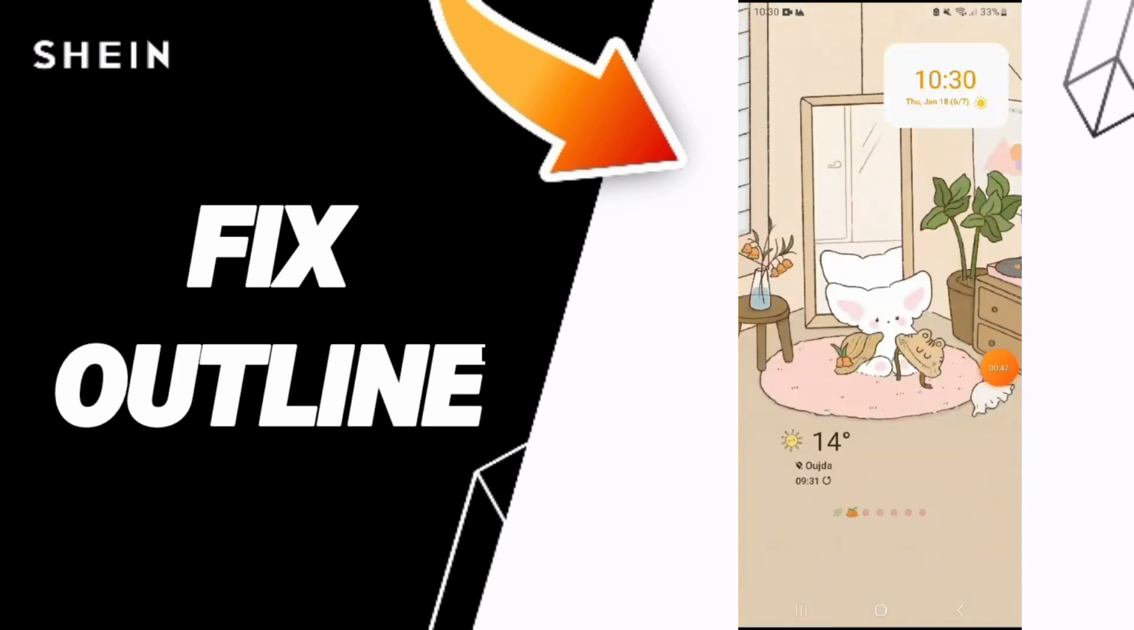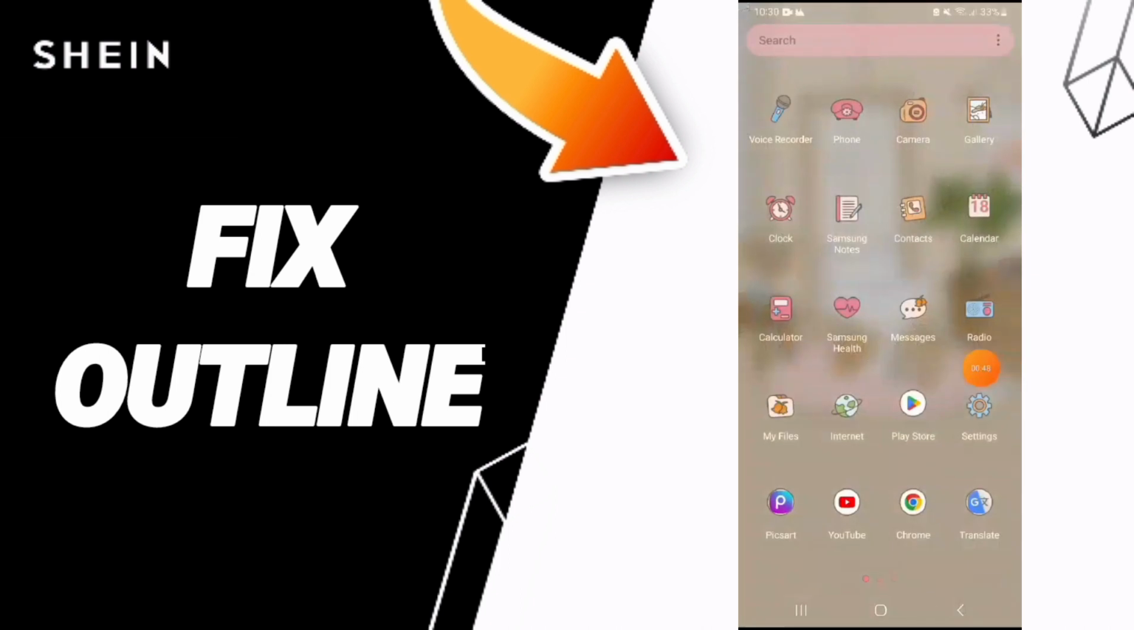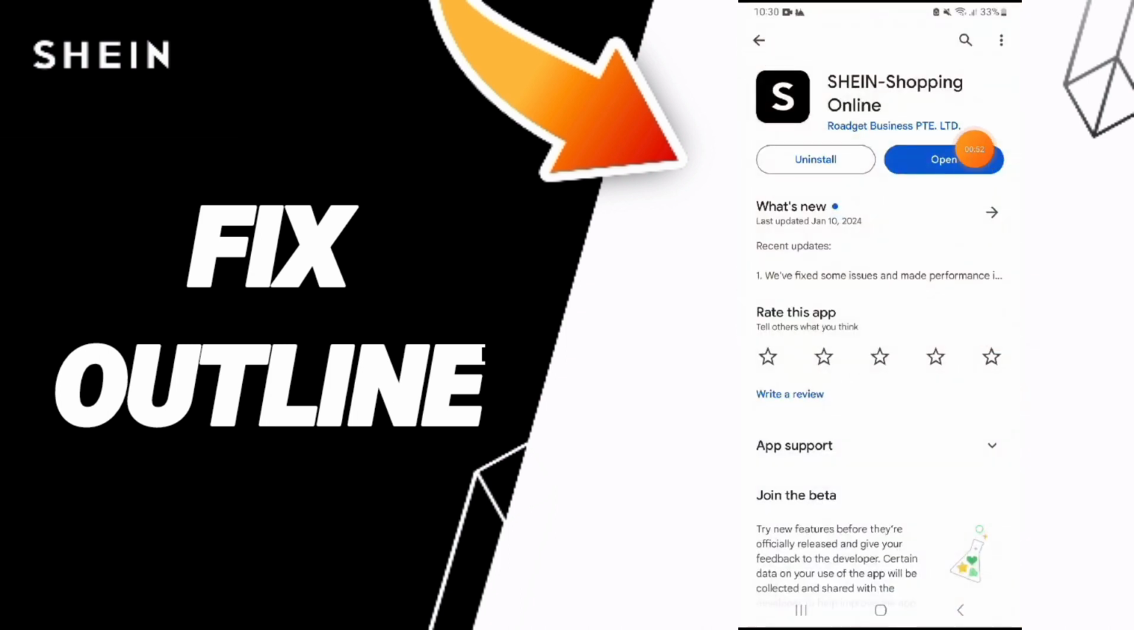In the end, you can turn off your phone and wait a moment to turn it on again if it's not working with you. You can go to Play Store, and if you find updates in this plus sign, then you can click to